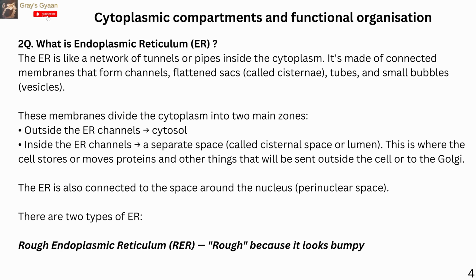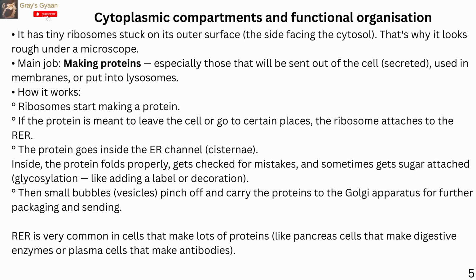There are two types of endoplasmic reticulums. Rough endoplasmic reticulum, rough because it looks bumpy. It has tiny ribosomes stuck on its outer surface, the side facing the cytosol. That's why it looks rough under a microscope. Main job: making proteins. Especially those that will be sent out of the cell, secreted, used in membranes, or put